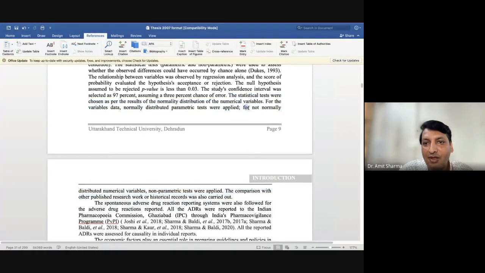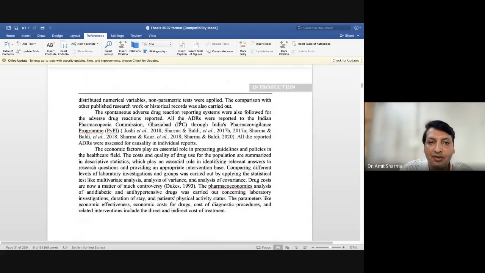Directly write that you have chosen based upon the test for normality. And what is the confidence interval of the study? The confidence interval of the study is 97%, and the cutoff point p value will be 0.03. If it is less than 0.03, you will assume that the null hypothesis is rejected.